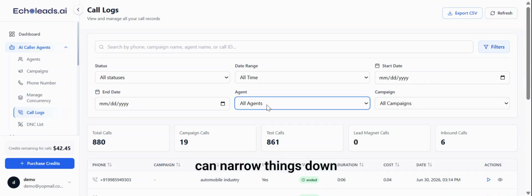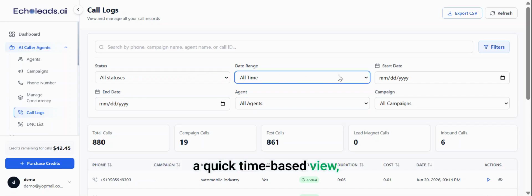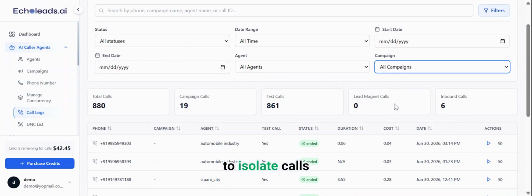You can narrow things down by status if you're looking for calls with a specific outcome, pick a date range for a quick time-based view, or set custom start and end dates for precise reporting. There's also an agent filter to isolate calls from a single agent and a campaign filter to zoom in on a particular campaign's performance. Now that we've narrowed down the call records using filters, we have exactly the data we need.